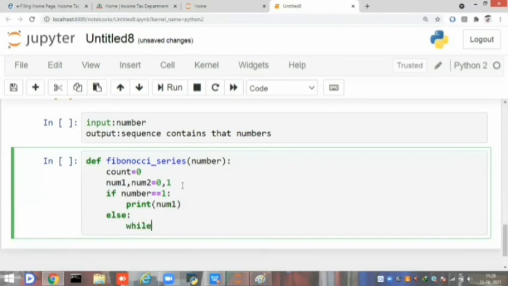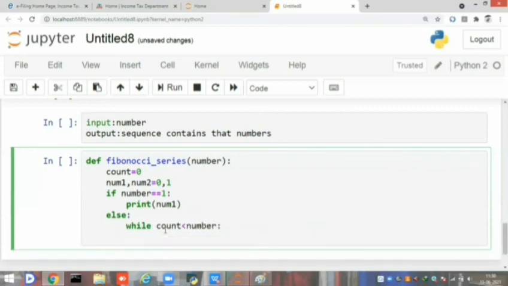So while count is less than number, what I am doing, I am printing the num1 and end equal to slash t. Why I am using this slash t, I will say later.